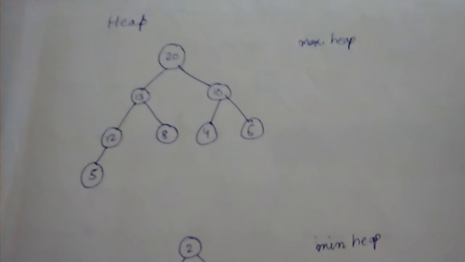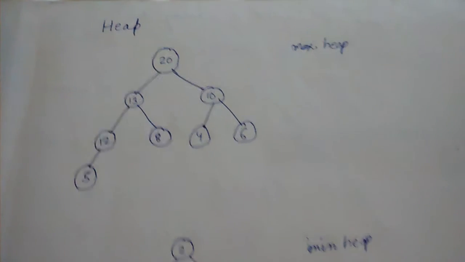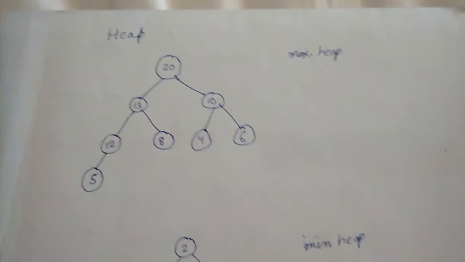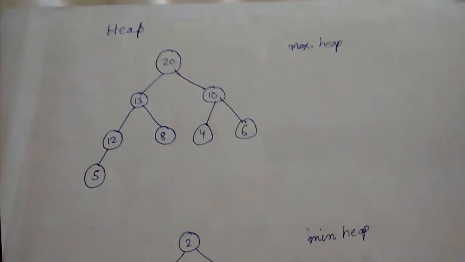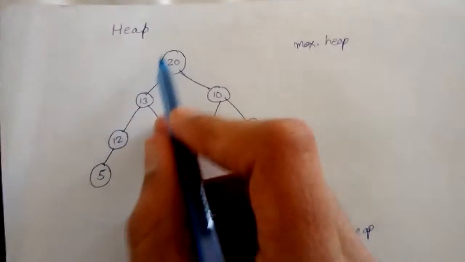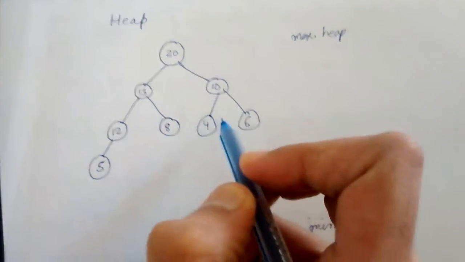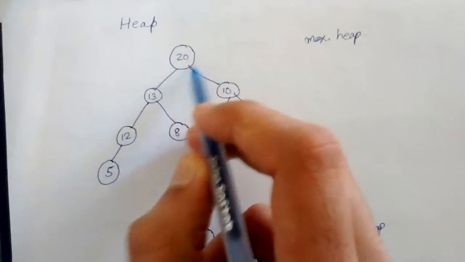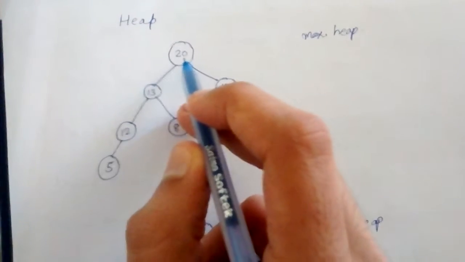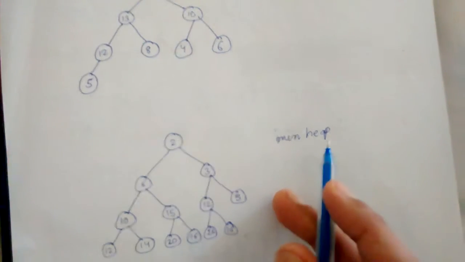Today we will learn about the heap data structure. First of all, a data structure is a structure in which we store data, and heap data structure is a special kind of data structure which is used when we want to query the greatest element in case of maximum heap and the smallest element in case of the min heap,